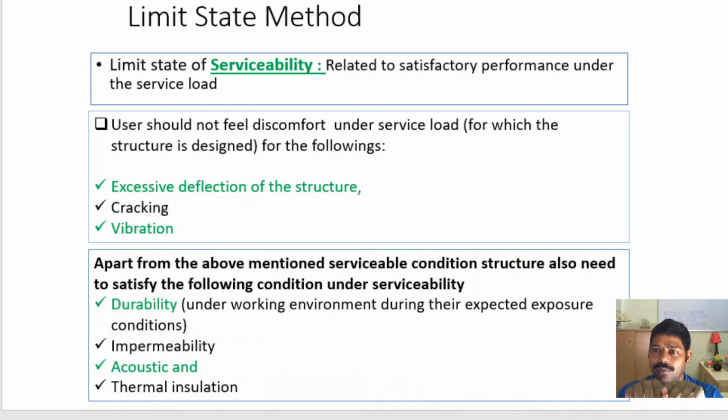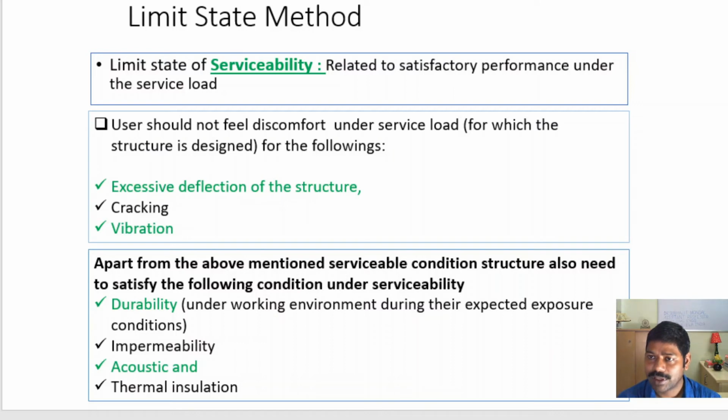Okay, the column can go down and also come close. Due to this phenomenon, what happens? There can be excessive vibration in the floor. It really happened in some places. I have observed in some places it happened due to improper design. So in that case, there will be excessive vibration. The structure should not be such that there is excessive vibration.